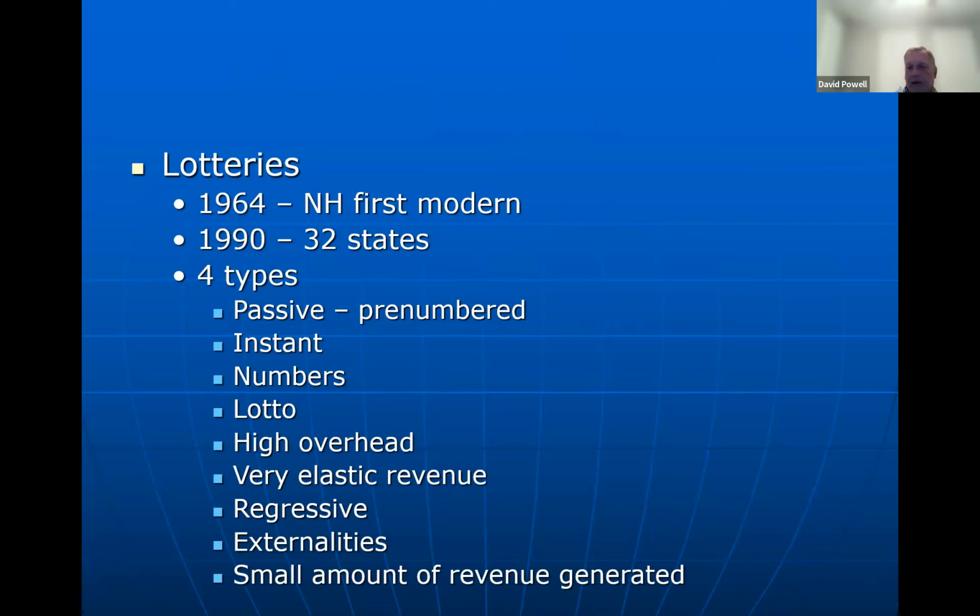You're probably familiar with state-run lotteries. The vast majority of states either have their own lottery system or they participate in a multi-state lottery system or a combination of the two, like we see here in the state of California. Lotteries have been with us for a very long time. We're not going to go through all the different types of lotteries, but we do have to recognize that